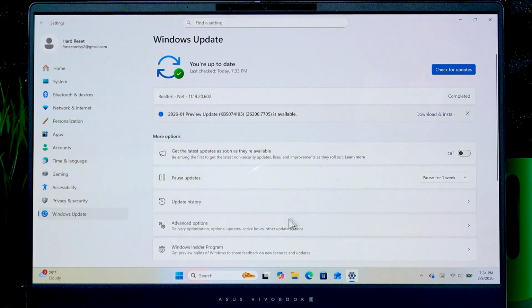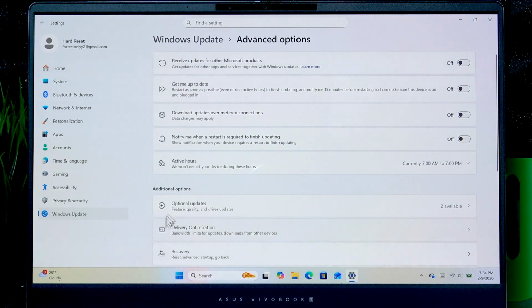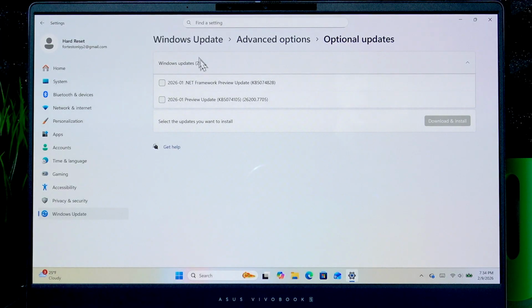However, this is not all for the matter of this video. We can also, and we should also check the advanced options, because in advanced options we can find optional updates, and here we'll be able to find optional Windows updates, which are, well, not really important, but if you want